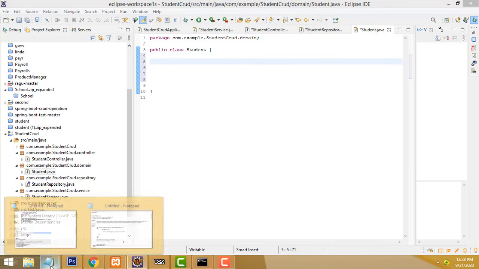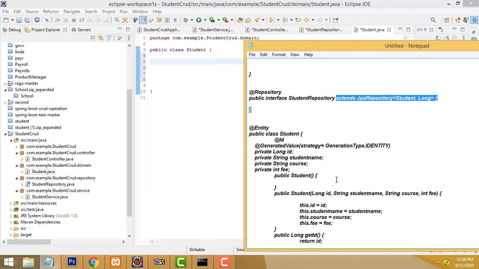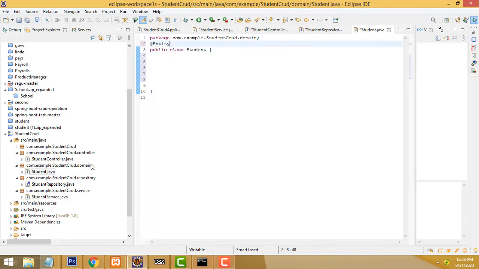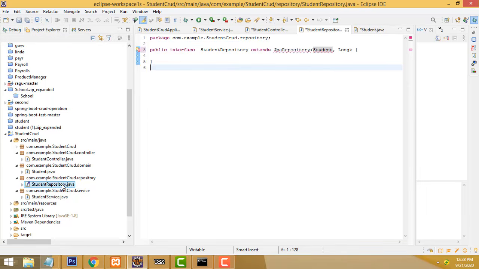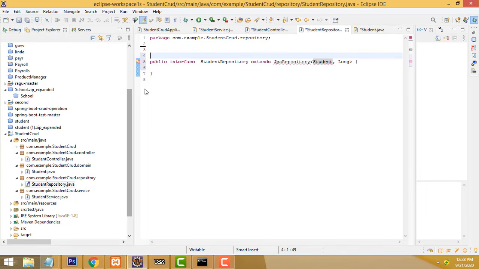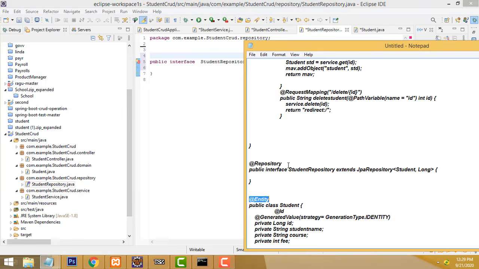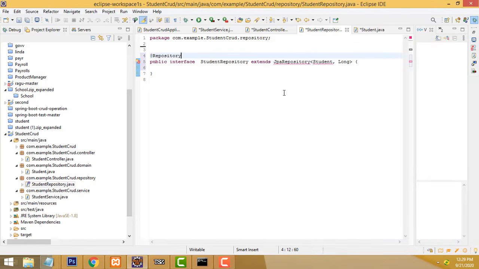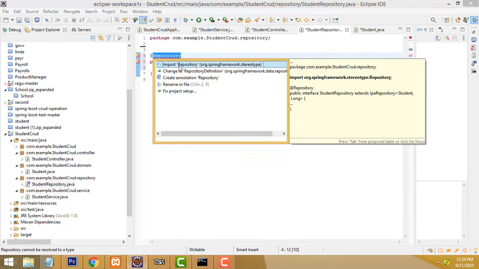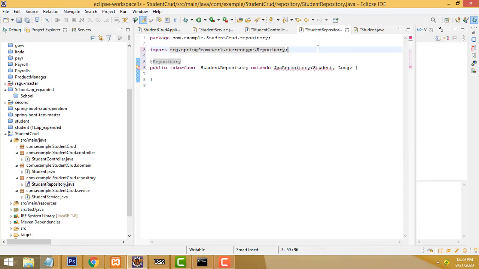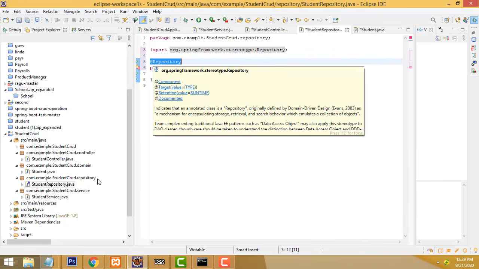Okay, student has properties and methods. I am not going to copy all the stuff. It's just the first entity. Control C to copy, Control V to paste. Here also I made a mistake. The mistake I made here is that I didn't add the annotation. The annotation is a must. Control C to copy, Control V to paste. Okay, the annotation is a must. Click on this one, add the import. The annotation class we have to import. The annotation is a must, right?